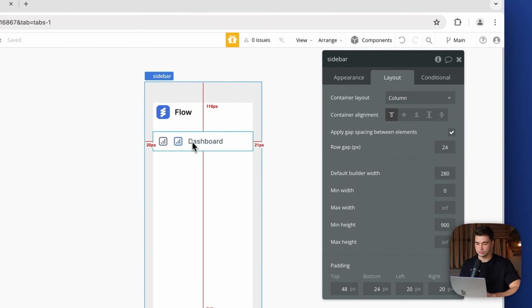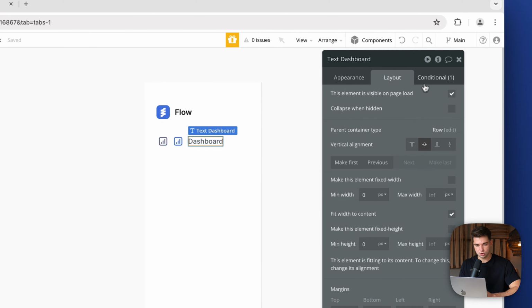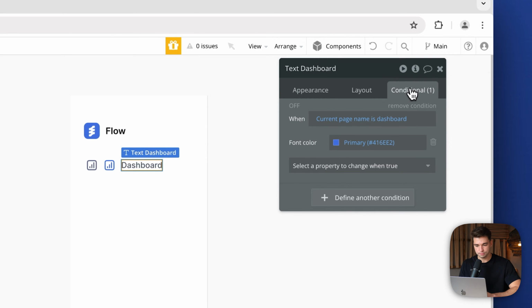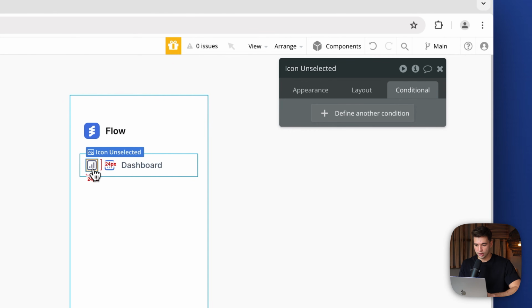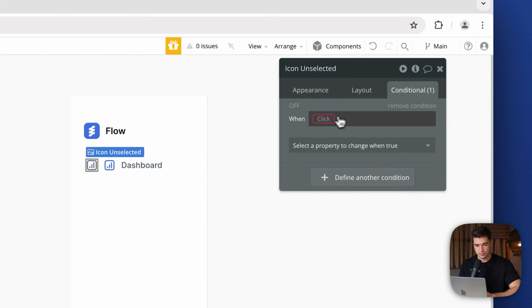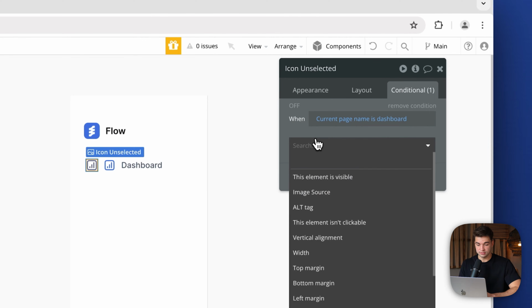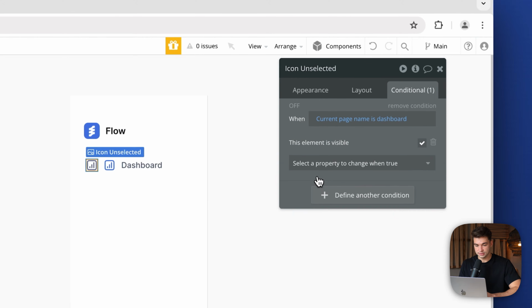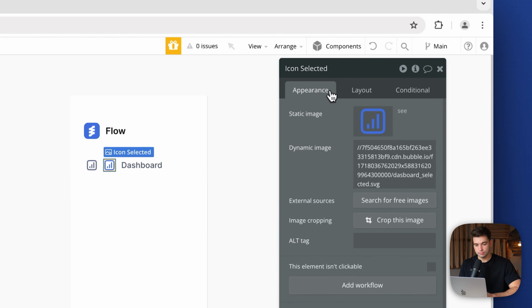So now we have both of these icons, but of course we don't want to show both icons. So we have to go ahead and set another condition. So let's copy the conditional first of all. And then we go ahead to the selected one, paste the expression. So what are we going to do? We change the visibility. So this element is visible when the current page name is dashboard, we want this element not to be visible. So we're gonna unselect it here. And this icon over here, by default,